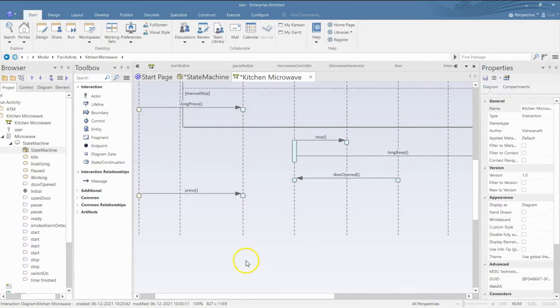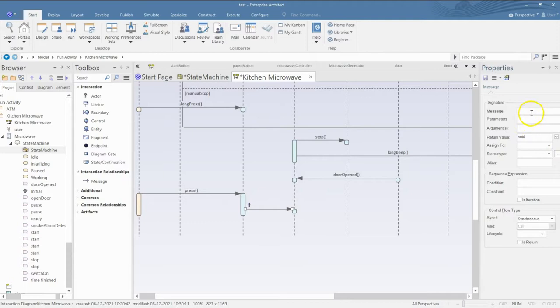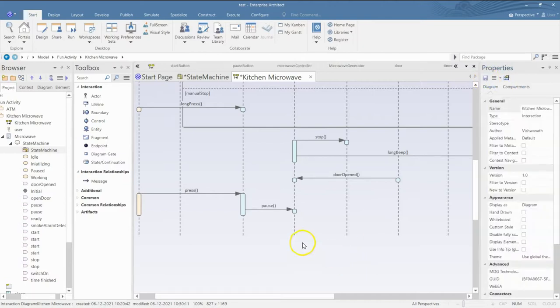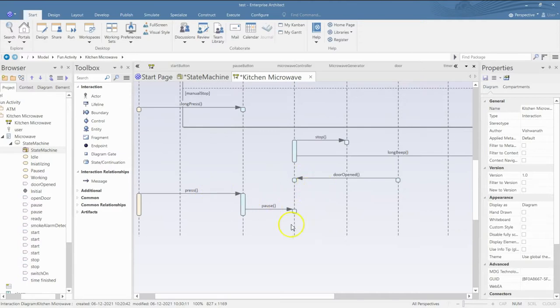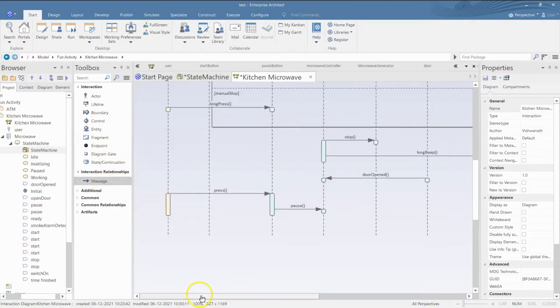Door has been opened, or the user presses the pause button. Now when the user presses the pause button, the button in turn will tell the controller, asking it to pause.